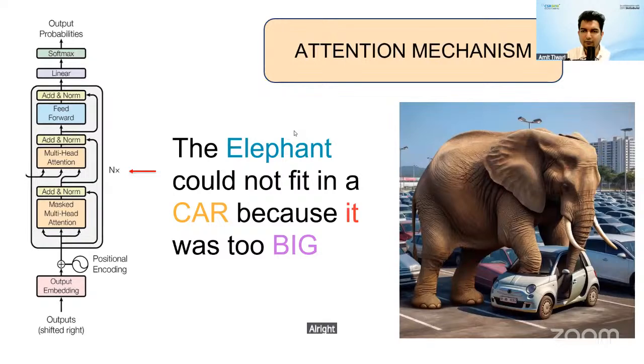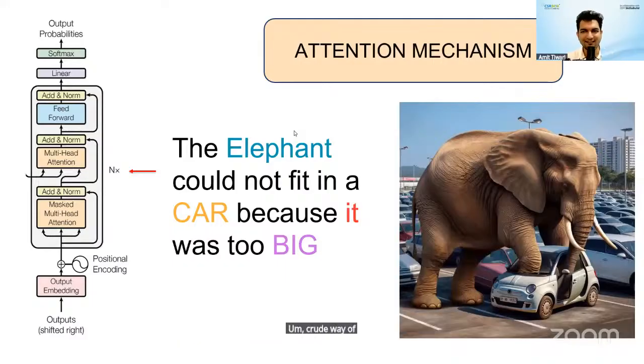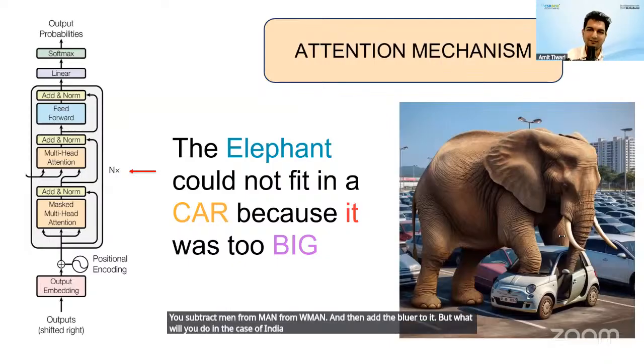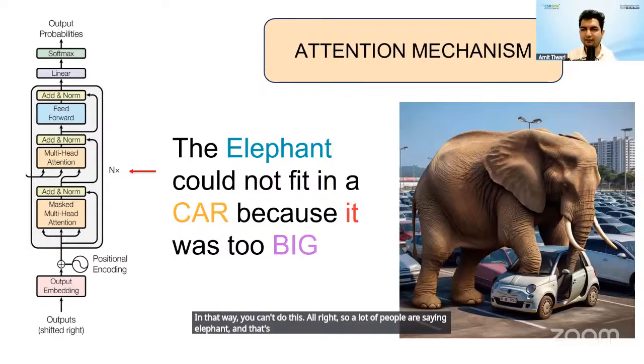All right, so a lot of people in my chat are saying king, woman can also be an answer, and that's kind of a very literal or very crude way of adding and subtracting words. King minus man plus woman, you subtract man from king and then add woman to it. But what will you do in the case of India minus Delhi plus, let's say, Paris? That gives you France, but in that way you can't do this. All right, so a lot of people are saying elephant, and that's the right answer,